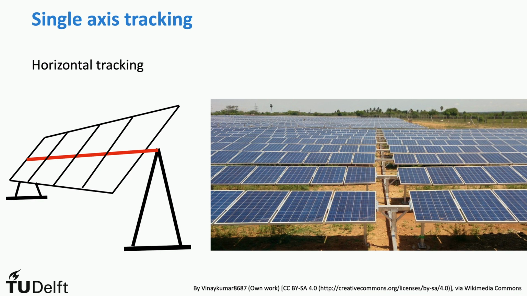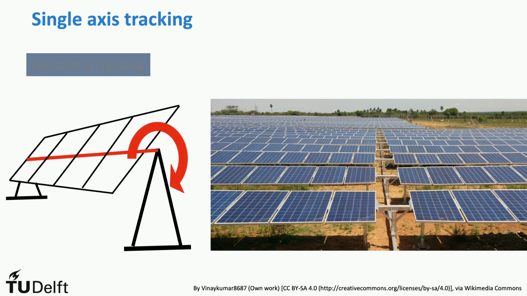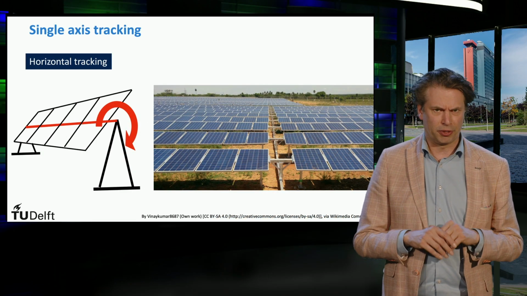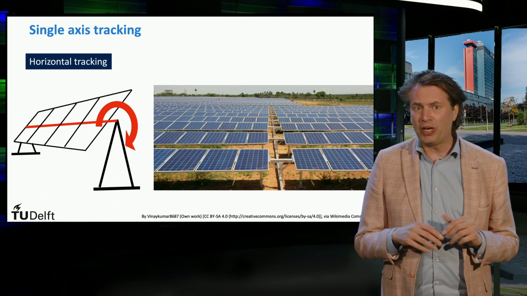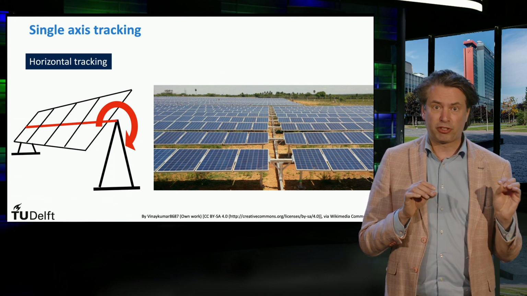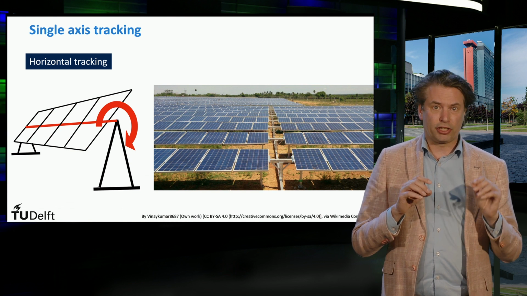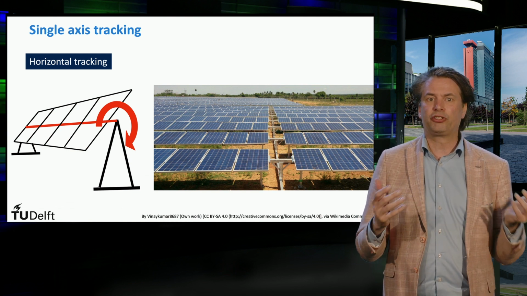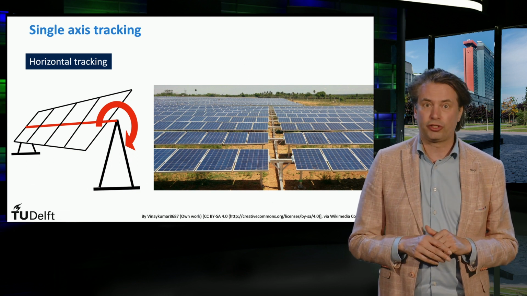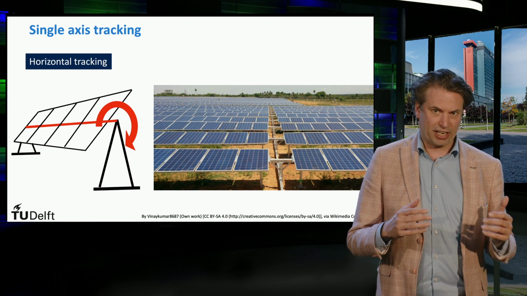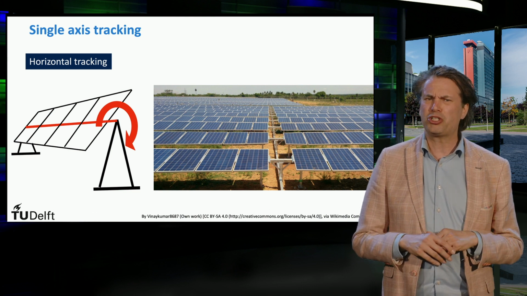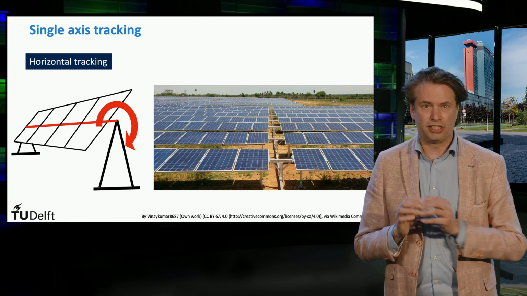When the axis is horizontal, the azimuth is kept constant and the module tilt angle is varied during the year rather than during the day. These systems are called horizontal tracking systems, and they adjust their position according to the altitude of the sun during the year. So during the winter solstices in the northern hemisphere, the panels will have the largest tilt angle. The tilt angle will gradually decrease until the summer solstices. Unlike the vertical tracking system, the electric load is much lower because the rotation cycle lasts an entire year.